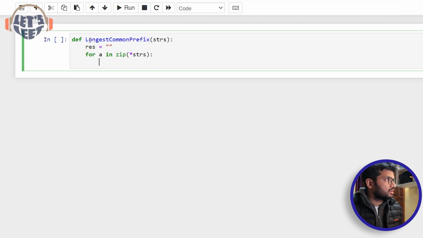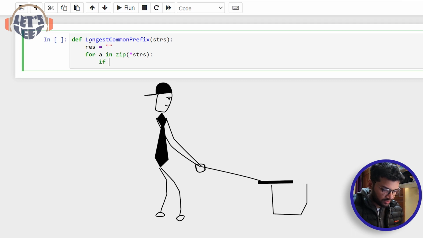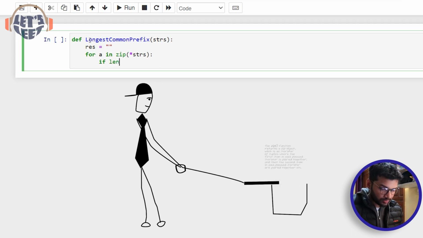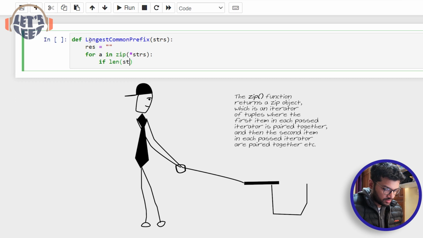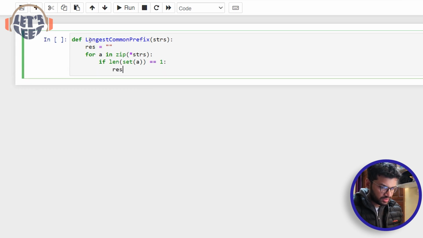Zip will help us create that list of tuples of each character. If len of set of a is equal to 1, res